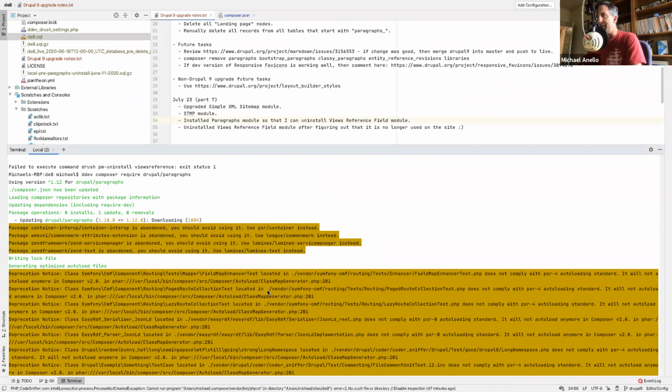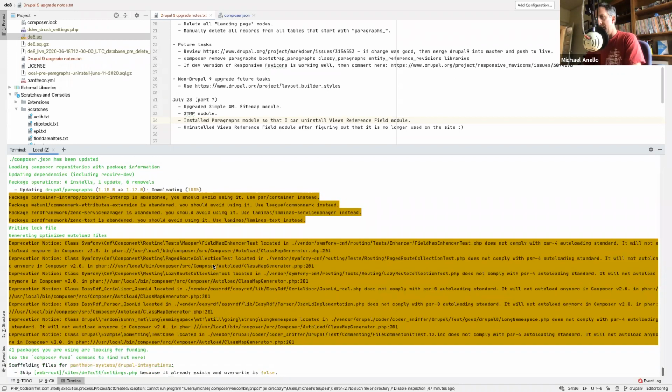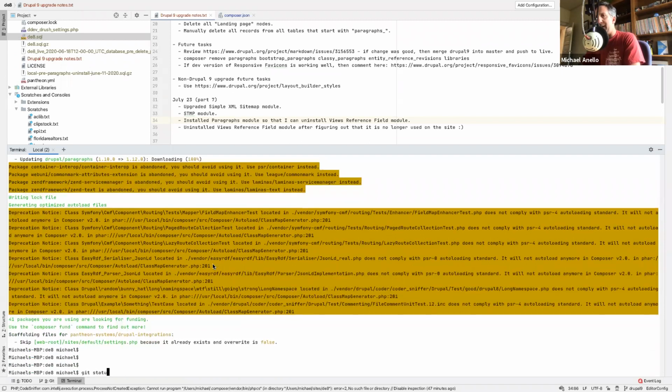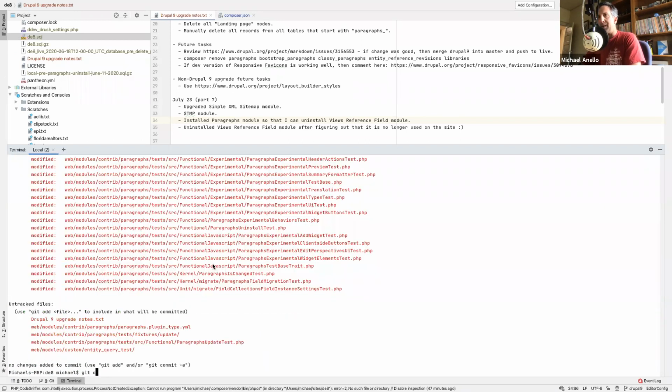Okay, so we got paragraphs. Oh, look at updated paragraphs. Oh, I had it the whole time. I hadn't removed it yet. So you know what? I'm going to undo this because I want to go back to my original version. Okay, where am I? So git status. So we're going to do a big git checkout on composer.lock,